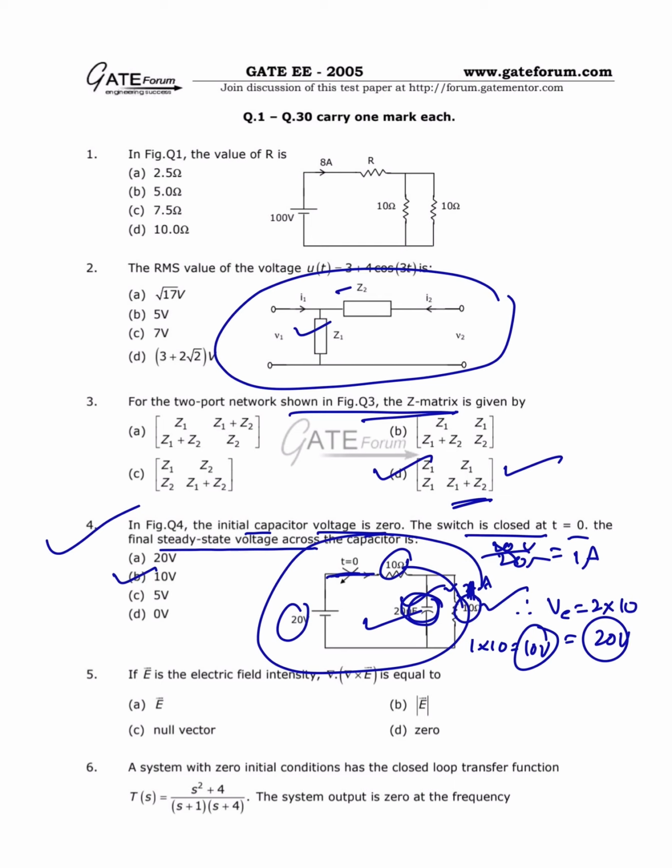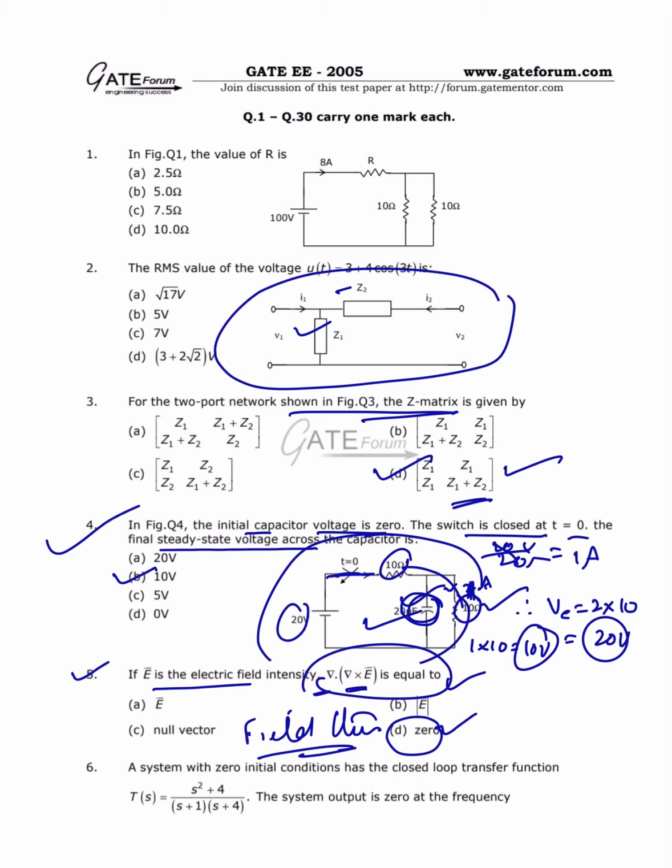and separately for magnetically coupled circuits. Now coming to this, E is the electric field intensity, del dot del cross E. Del dot del cross E becomes 0. I'll explain to you separately in field theory about all these characters. Now coming to the sixth,